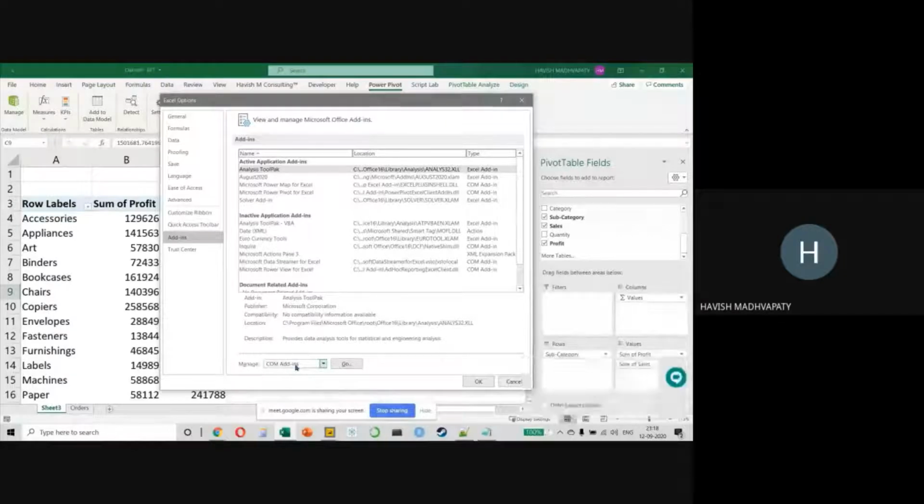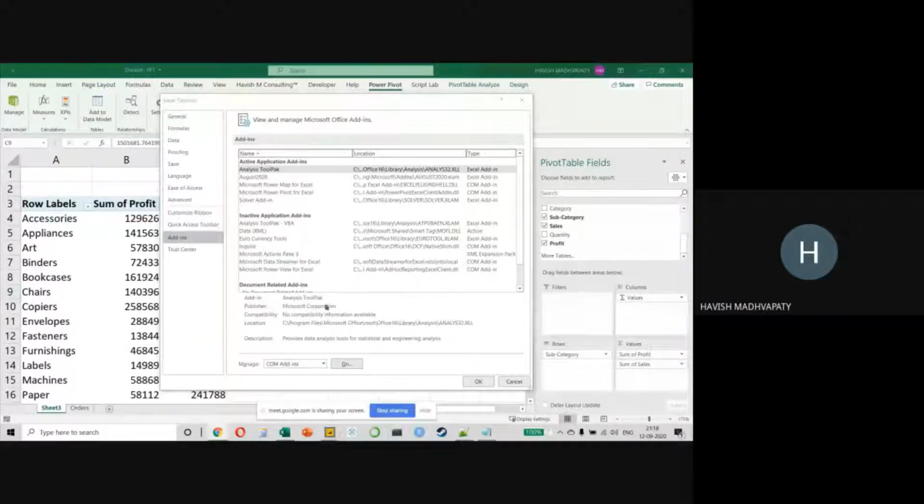COM is something that Microsoft terms as component object models. So, let's leave out the technical stuff. Basically, these are additional capabilities that have been given on Excel. Now, you might wonder that if this is such a great feature, why is it not inbuilt by default? For a very simple reason, a normal Excel user will never need to work with Power Pivot. This is only meant for very advanced users. And that's why you guys would probably not have heard of it.